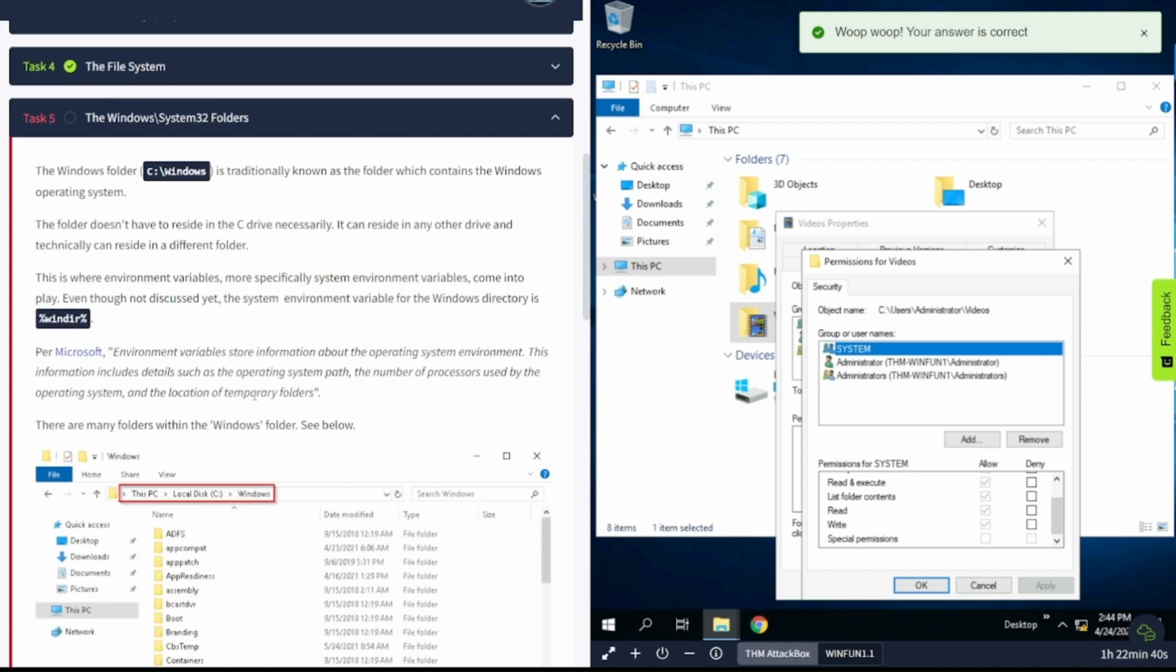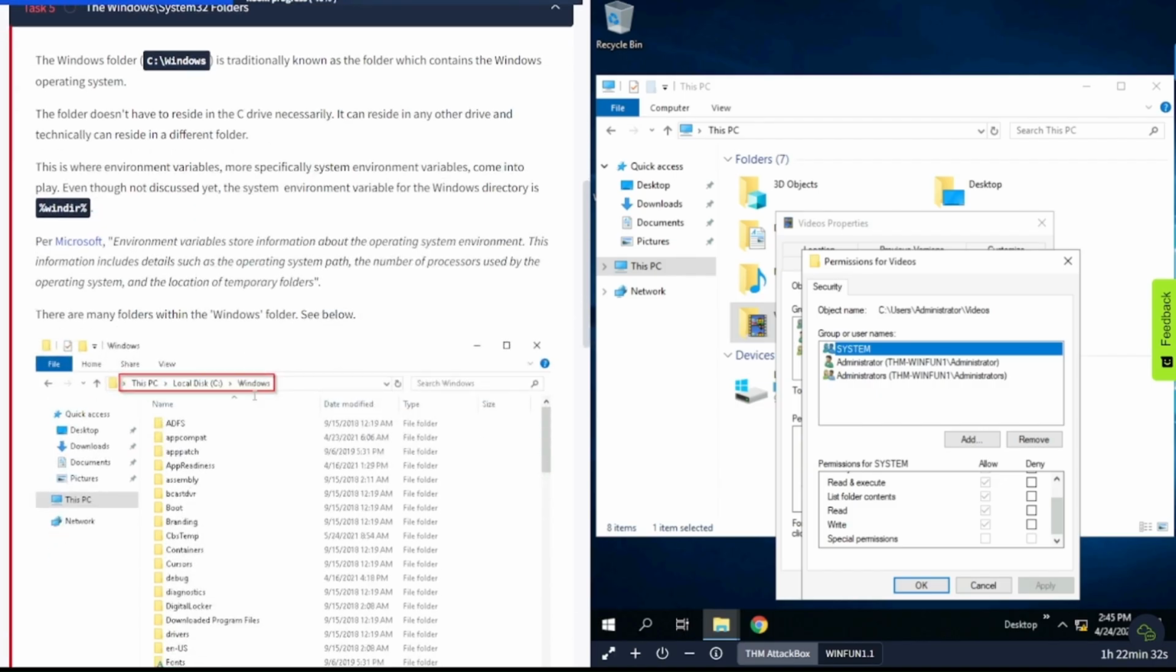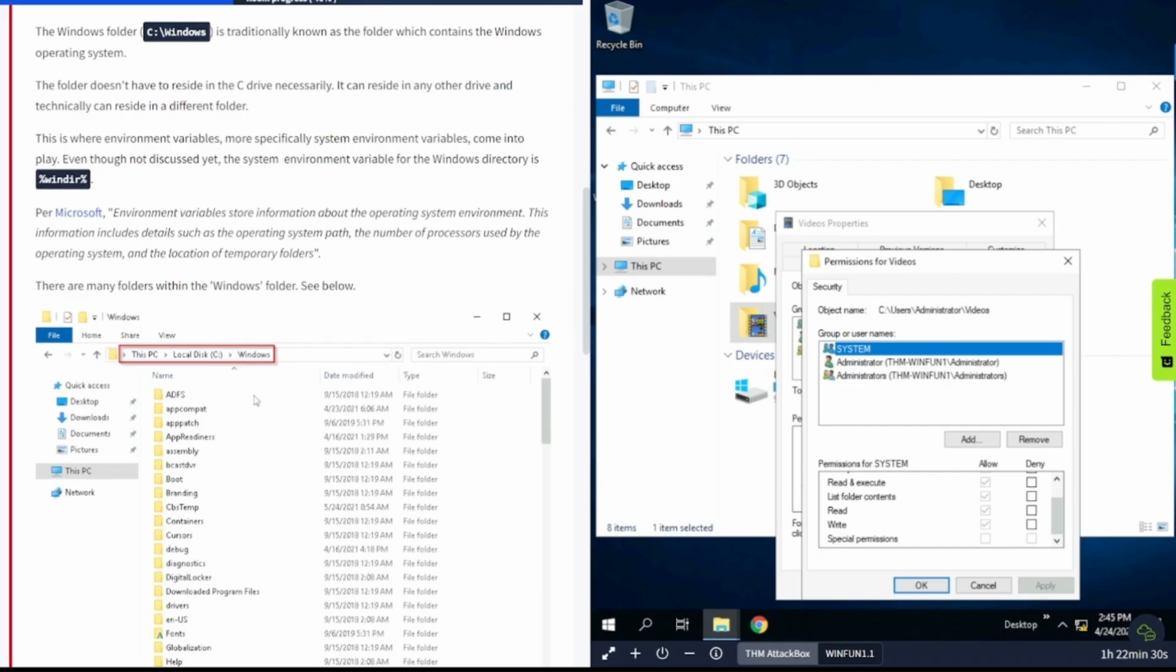The Windows/System32 folders. The Windows folder, C:\Windows, is traditionally known as the folder which contains the Windows operating system. The folder doesn't have to reside in the C drive necessarily. It can reside on any other drive and typically can reside in a different folder. This is where environment variables, more specifically system variables, come into play. Even though not discussed yet, the system environment variable for this Windows directory is